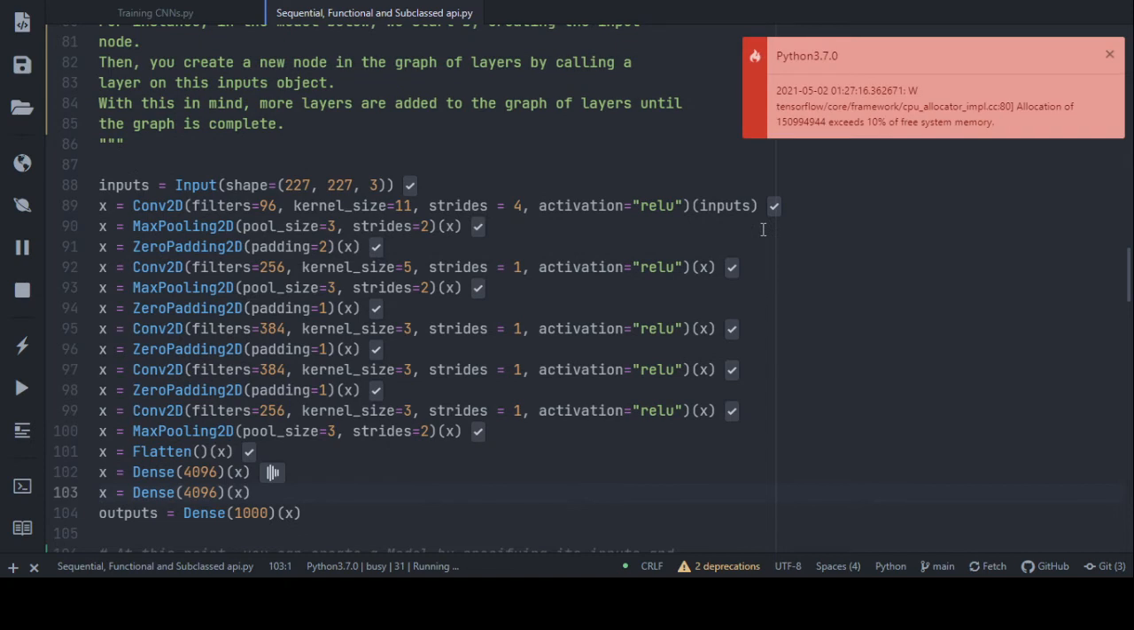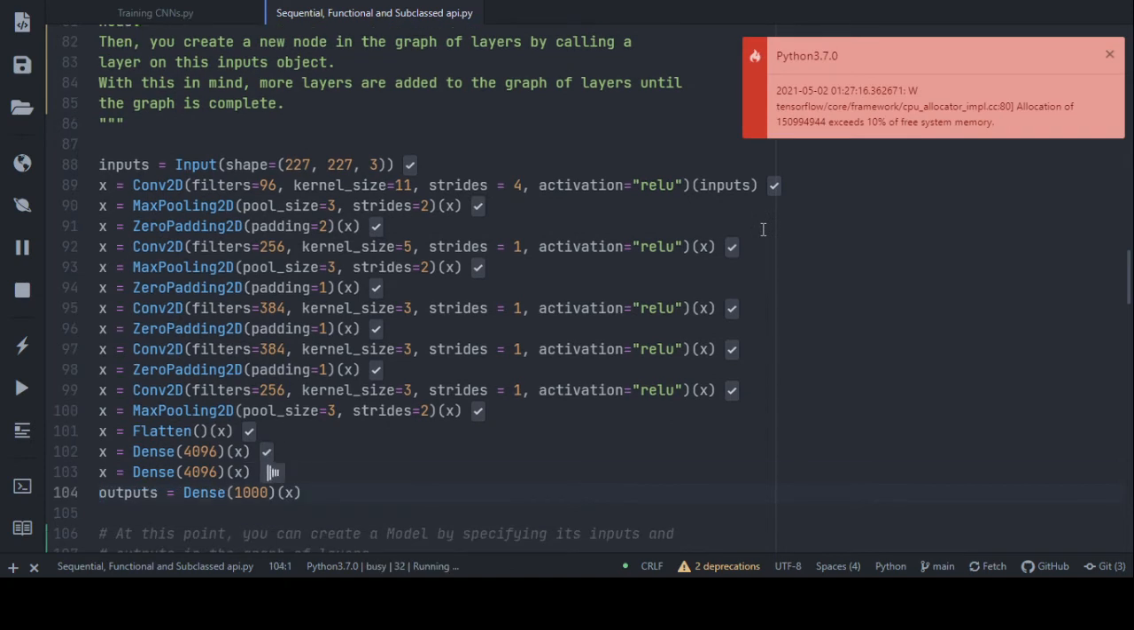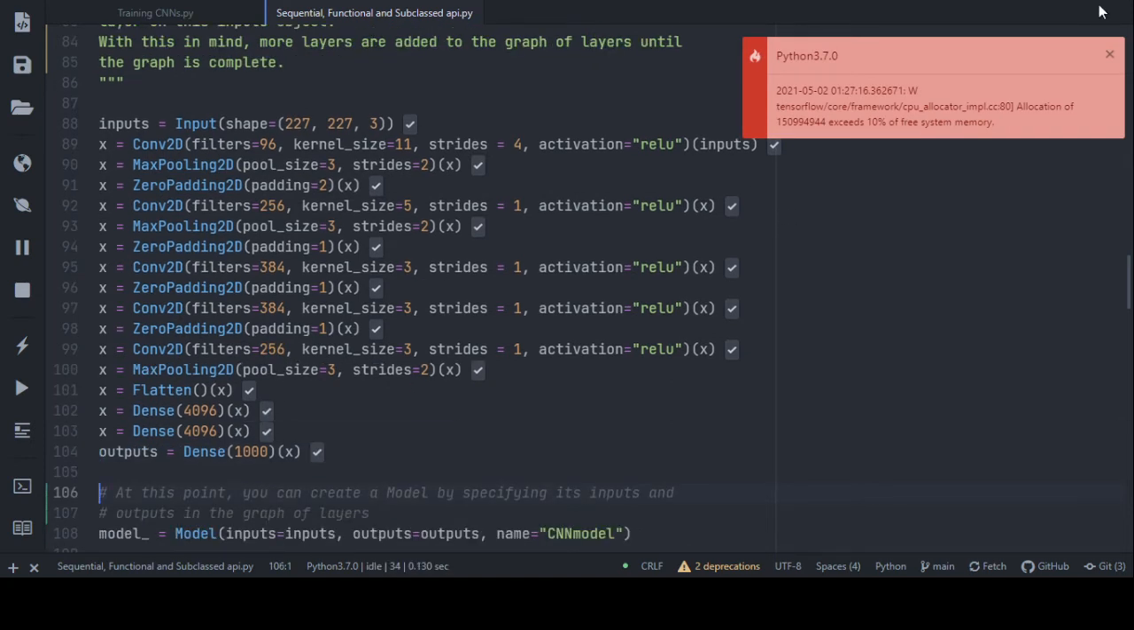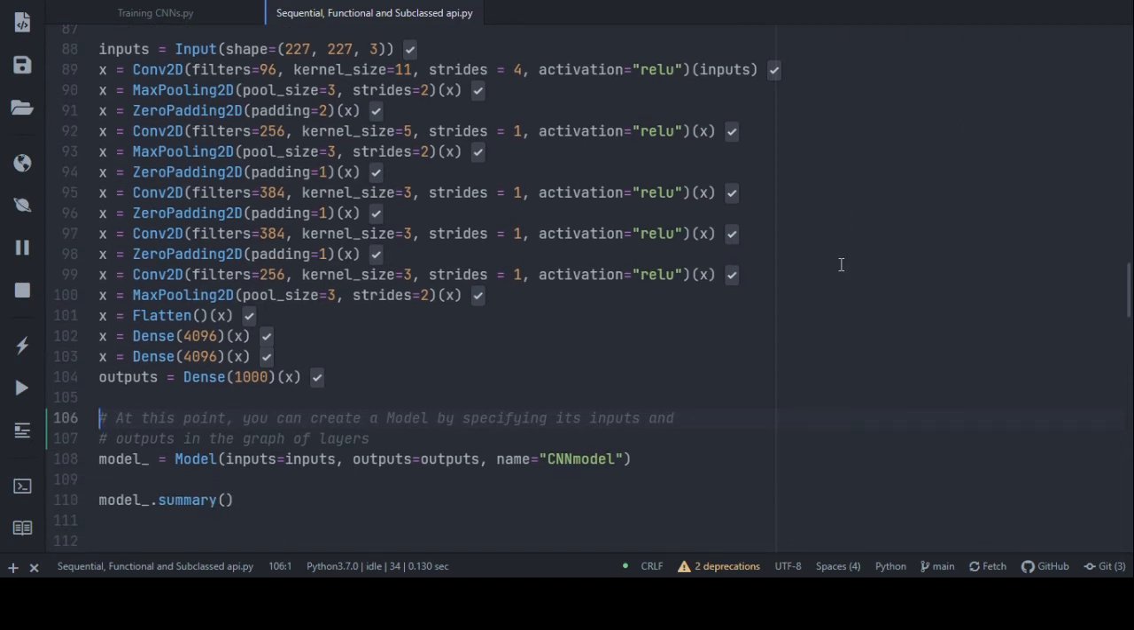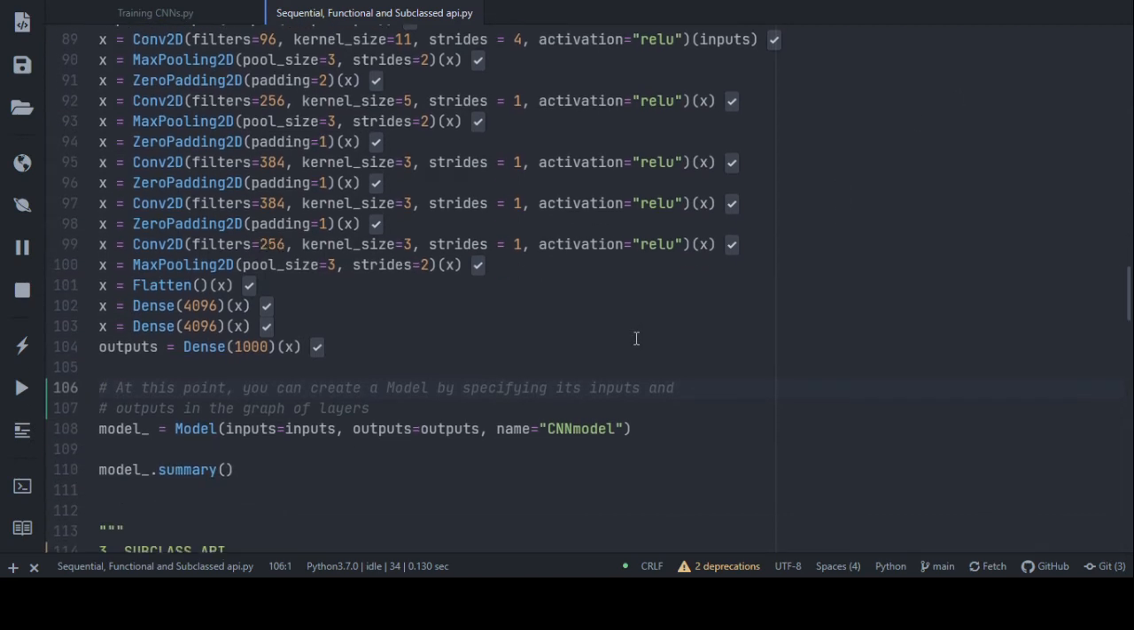Remember, in the functional API, the architecture is considered like a graph of layers. So once the complete graph is built, you can create a model by specifying the input and output in the graph of layers. So in this case, when we create the model,